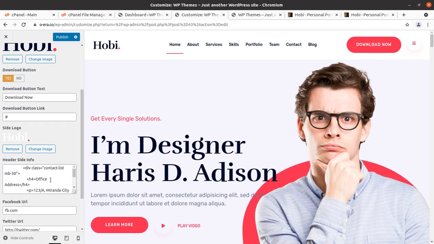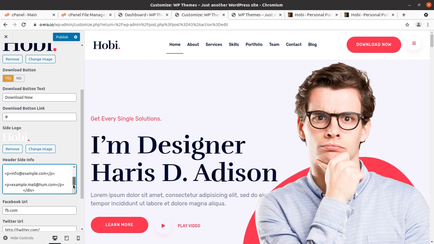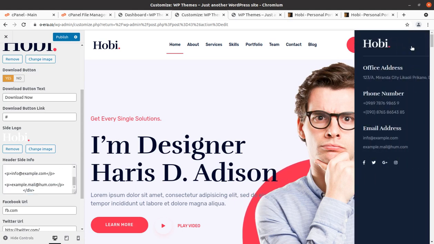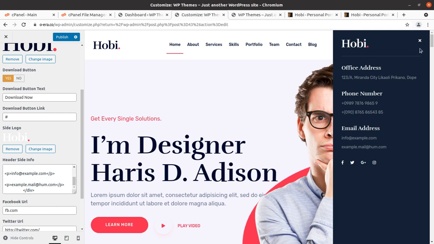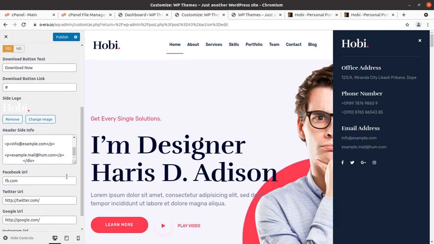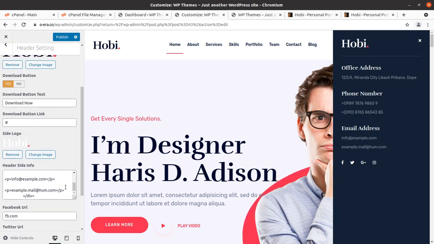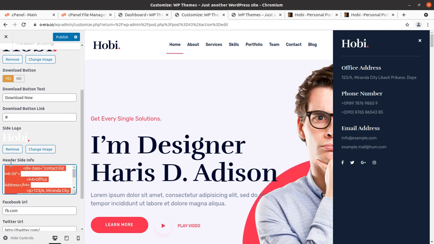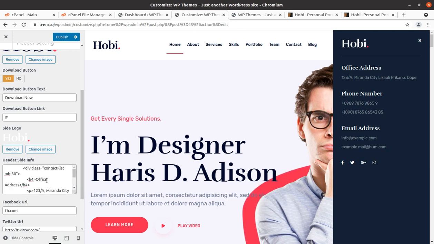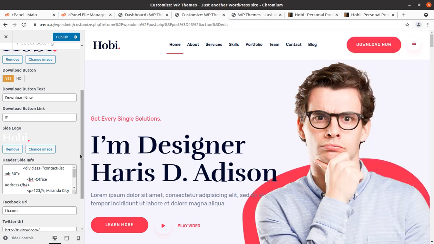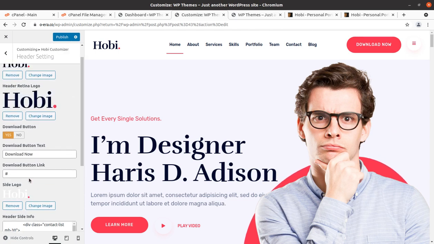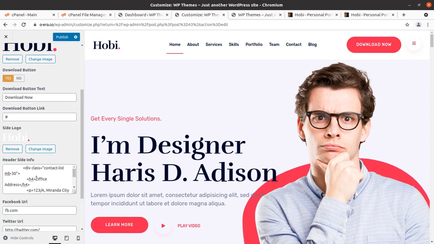And yes, the header side info is also here, so you can change the contents of the sidebar from this screen only. This is a very important screen, so just copy all these things and edit them in a notepad so that you do not disturb the original layout or content of the website. If you are not so handy with editing the HTML files in WordPress, you should be careful.